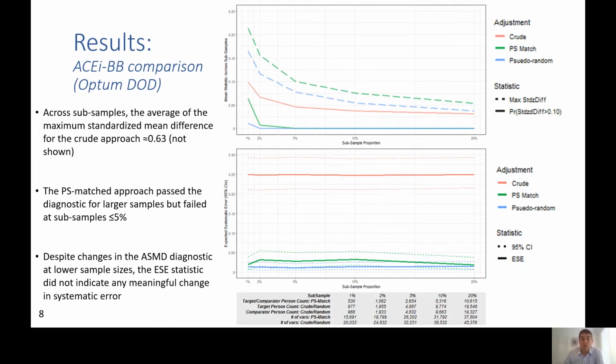In the top graph, the y-axis indicates various statistics reflecting the standardized difference. The dotted lines show the standardized difference for the most imbalanced covariate, where the solid line indicates the average standardized difference across all covariates. In the bottom graph, we show the corresponding estimates of the ESE, which indicates the suspected